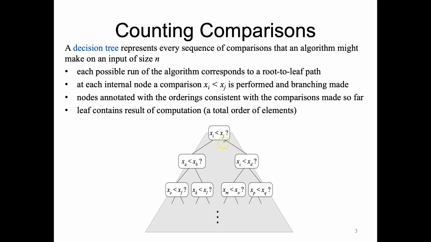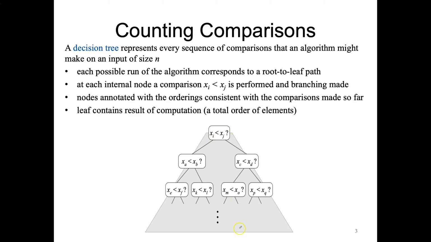So we're going to model a decision tree. This isn't an execution tree. This is modeling that at each node, we're going to make a comparison between elements. So in the first node, we check to see, is this item less than the other item? If it's true, then we're going to move to the right and we're going to make some other comparison. If it's false, then we're going to move to the left and we would make maybe a different comparison. So each run of an algorithm, doesn't matter which comparison-based sorting algorithm we're talking about, will correspond to a root